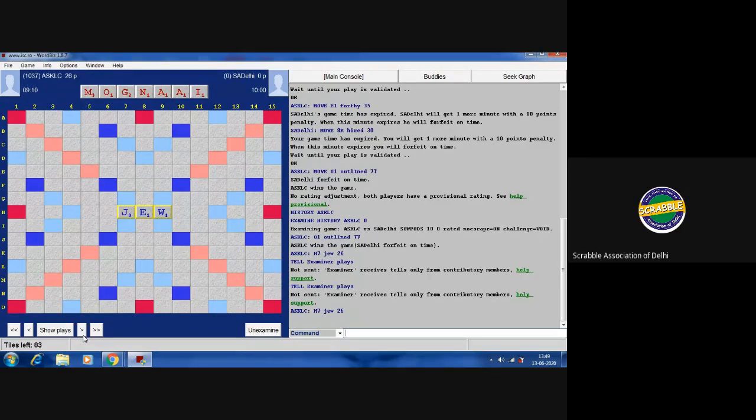Yeah. So any questions we can answer those, and then we can just figure out. You can always see the game and examine it later on what you could have done better, because sometimes when you're playing under pressure of time, you miss out on important words. Like I just played hired because of the pressure of time, while a better word placement was available at the other location. So the floor is open to questions.